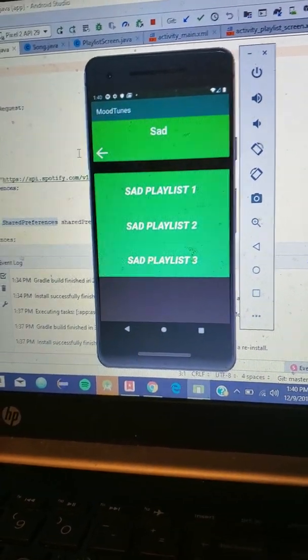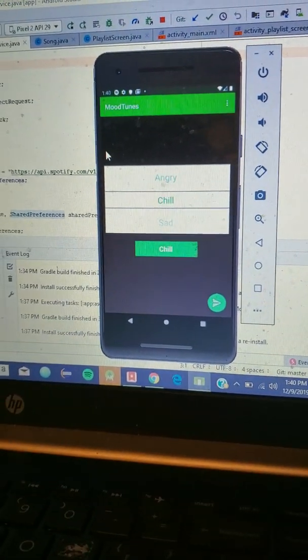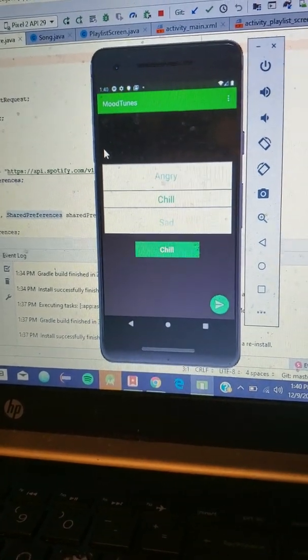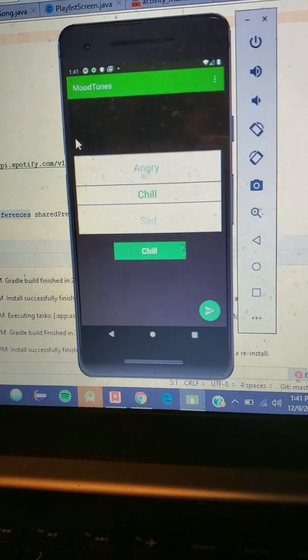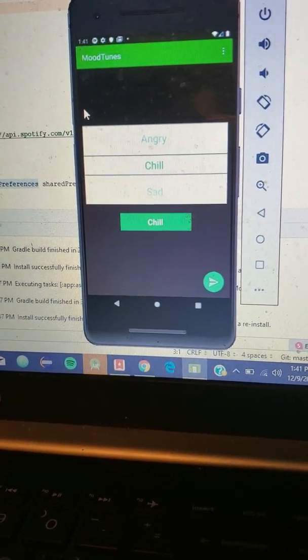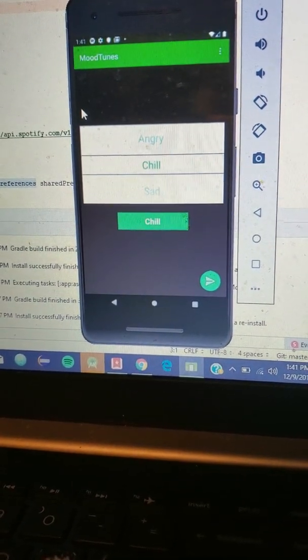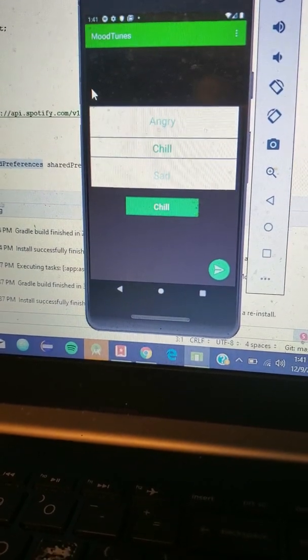Looking forward to the future, instead of having this picker view, we would like to try using the Microsoft API. They have facial recognition software, and we want to implement that to make our app recognize your facial expression and find a mood from there, and then generate a Spotify playlist for you based on your